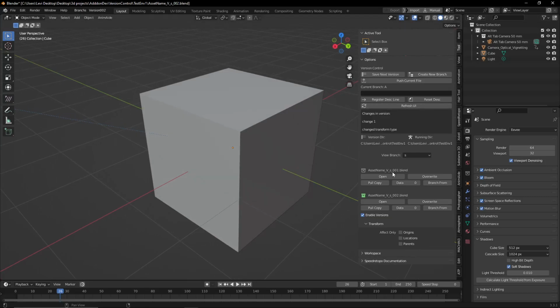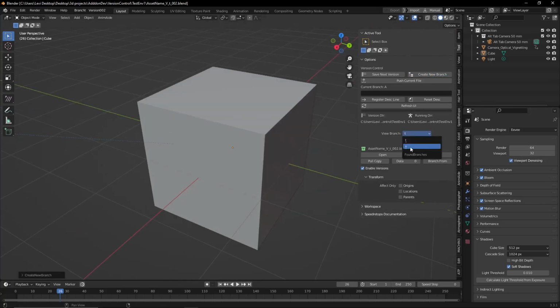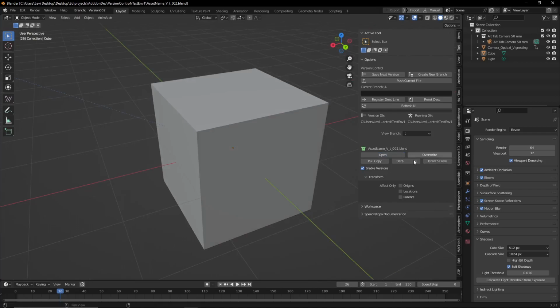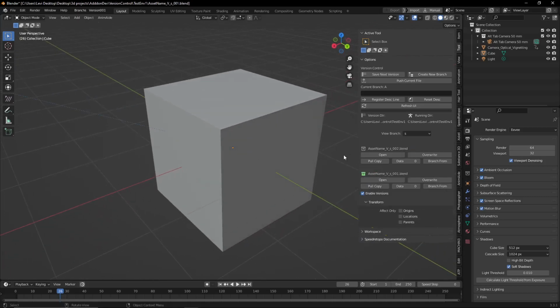If I wanted to, I can open version 1 and create new branch. You can see a new branch has been created. Now I can open this new branch, and this gives me a completely different branch structure. So now on any one of these, if these are open, so this is S001, I can go ahead